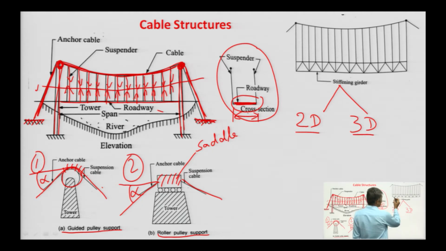Okay. This example is of course 2D, and if it has to be 3D, then that girder, if it is supported at two ends, then this is a two hinged stiffening girder, and if at the midpoint an internal hinge is there, then it will be called a 3 hinged stiffening girder. Okay.